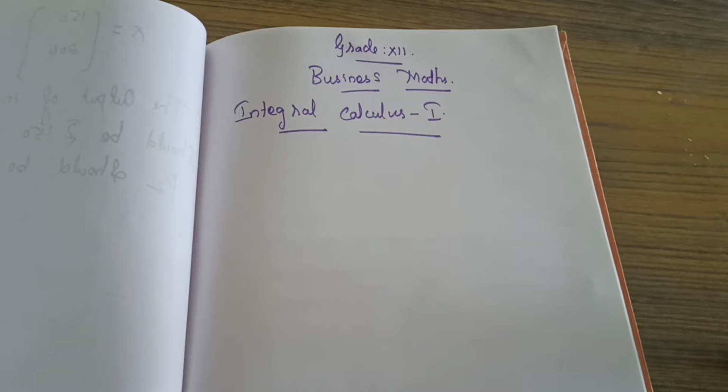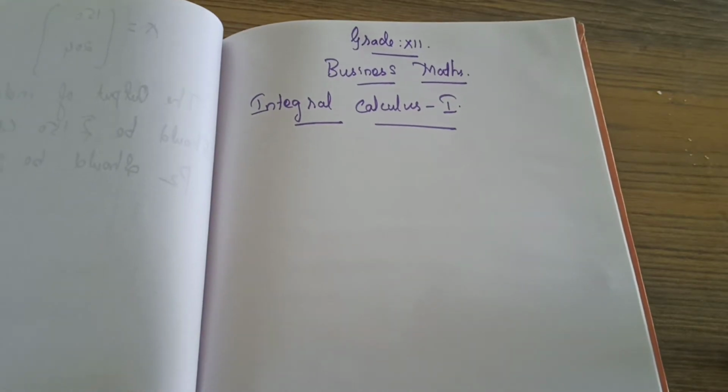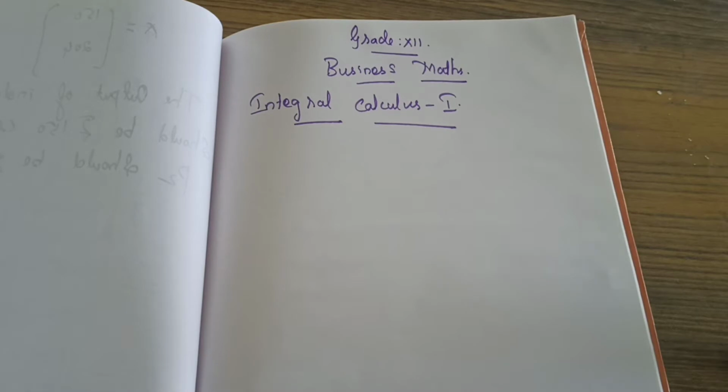In our last class we were learning about integral calculus 1, that's our second chapter. We have completed the first section, that is type 1, all the example problems, and I gave some homework for you. I hope you all completed. So in that exercise 2.1, two more problems are left in that session. Those two problems we will complete now.